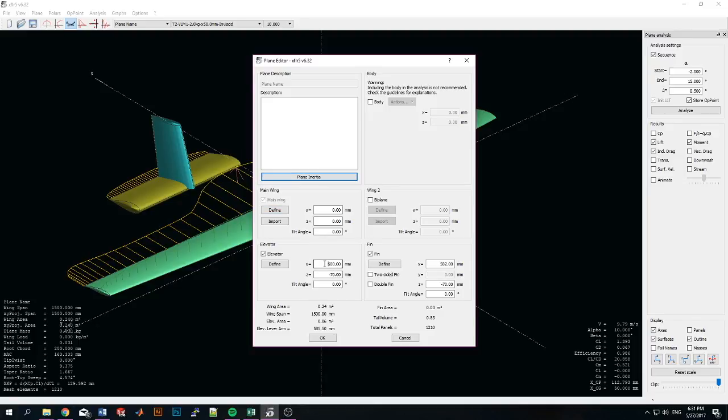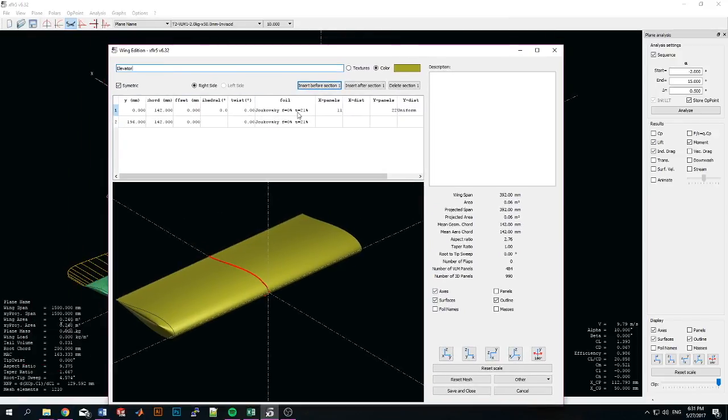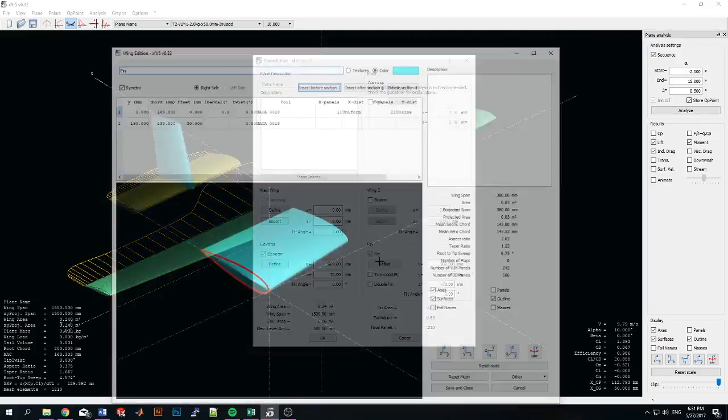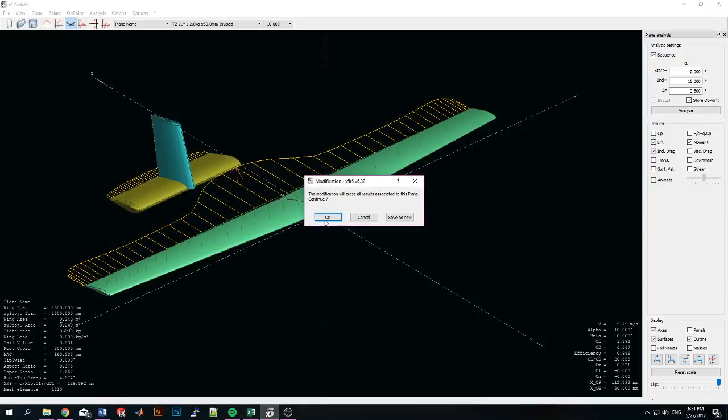First of all, we have to define the position of the tail wing. We input the position here in these empty boxes, and then we go to the elevator. We choose the airfoil that we are using. There's no twist, and the chord length and the length of the horizontal stabilizer. And the same for the fin. We choose all these dimensions for the fin, and afterwards we confirm the dimensions of them, and then we go